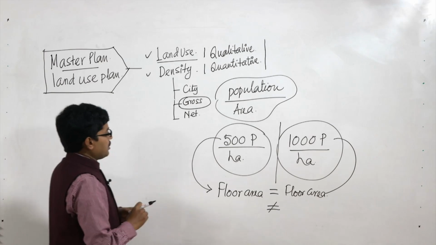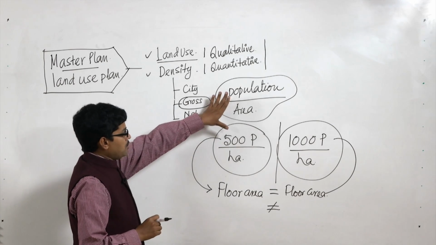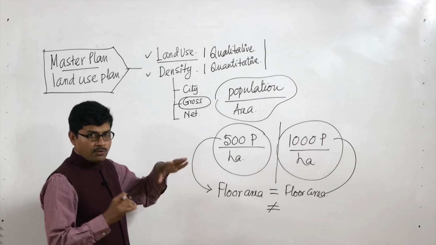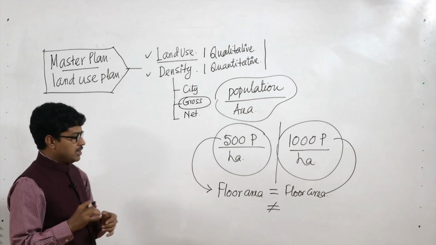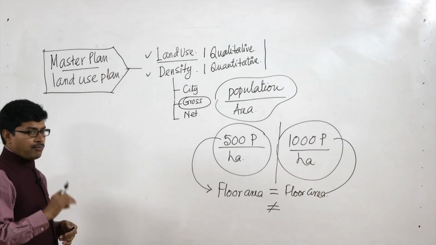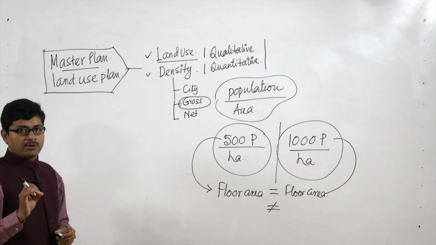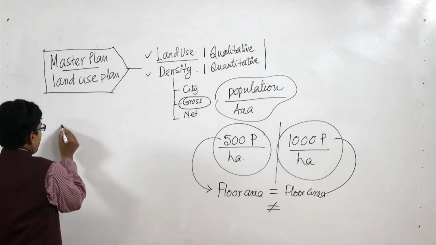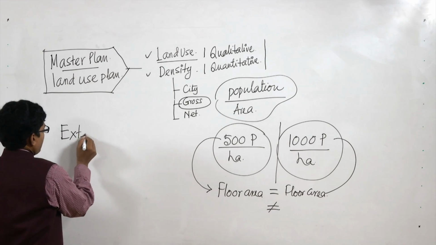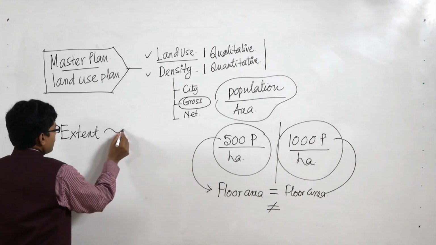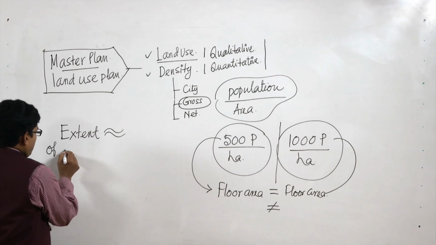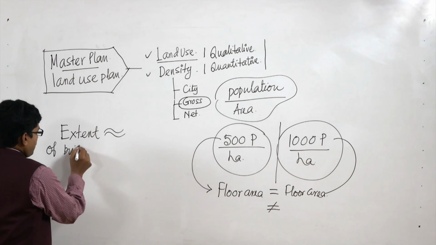So here the population we are accommodating, whether it is 500 or 1000, we are accommodating in the floor area of a building or a housing project, all the floor areas. So that floor area becomes a very important criterion to determine the maximum extent. So here we are equating the extent of development or buildability